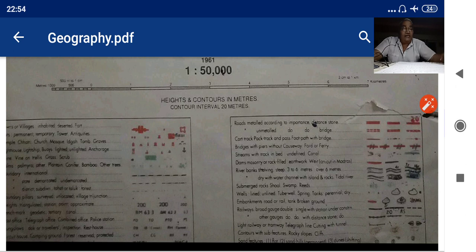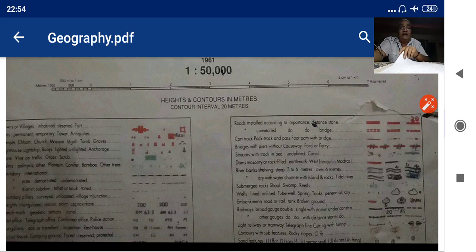Now I will discuss with you the questions based on topography. So listen carefully. The first question based on topography is of scale. All the maps are drawn on a certain scale. The three scales are provided on the topo sheet. The first scale is known as RF. RF means representative fraction. You can see on the bottom of the topo sheet the figure 1:50,000 is written, which means